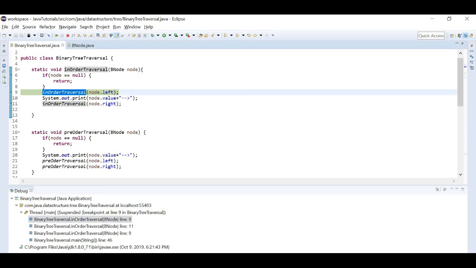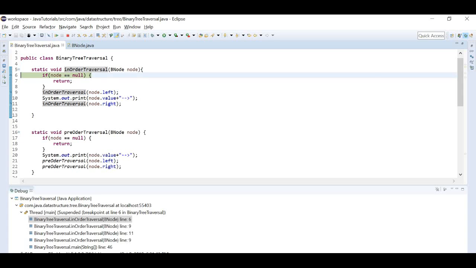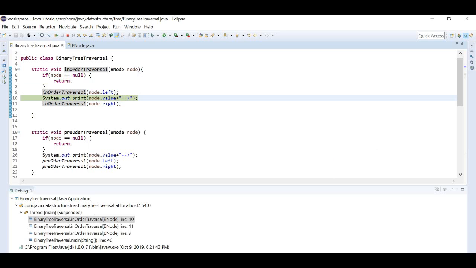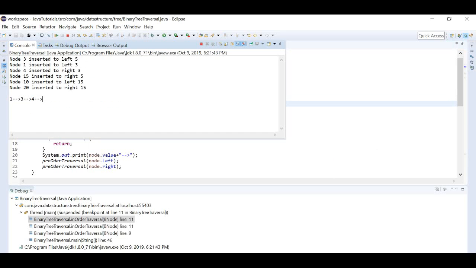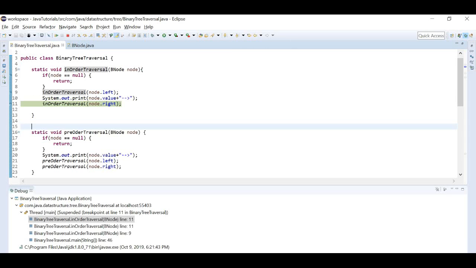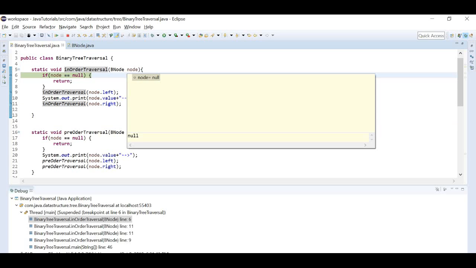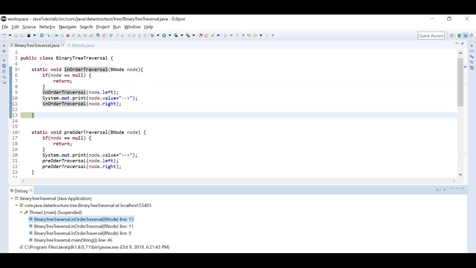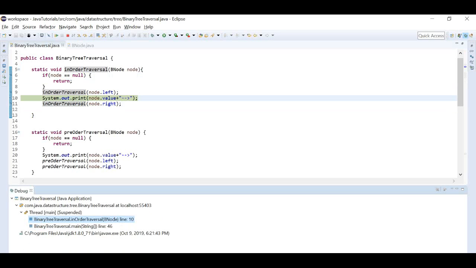Then node's left is getting populated. So we can see there is a null, nothing is there. Then what we will do, 4 will get printed. We can see the 4. After 4's left, we check, nothing is there. Then 4 is getting printed. Then 4's right. We need to know whether any right child is there. Here we can see nothing will be there. So that is completed. So 4 completed means we will reach the